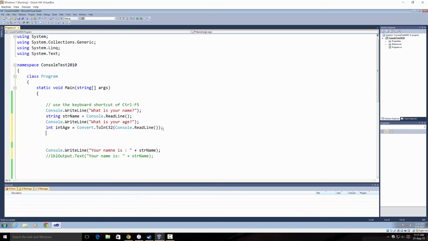Now we're ignoring error checking here for a minute, because if I were to type apple into this, we would have a runtime error. The program would crash. But for right now, just for simplicity's sake, let's assume the user is going to put in valid data. And we'll do it on a new line. So Console.WriteLine, you are